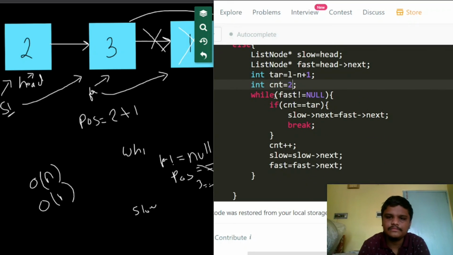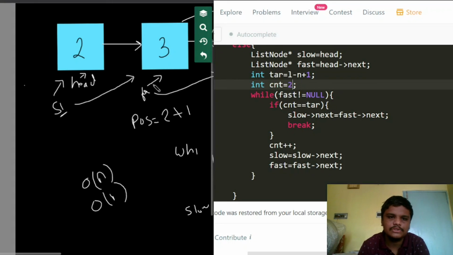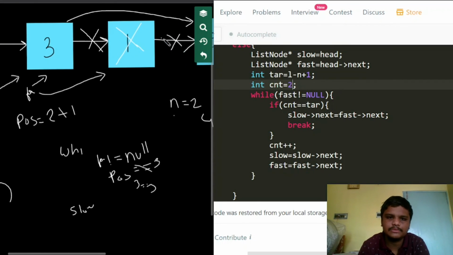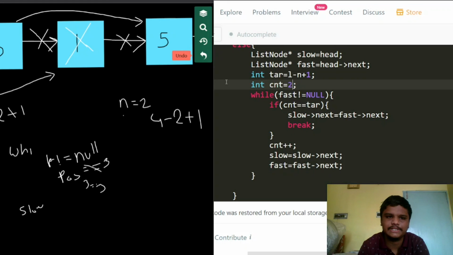Count tells me the node which I am going to delete. So if our count equals the target, all we need to do is make the slow pointer point to fast of next, that is this pointer's next, which is currently pointing to 5. After doing that, we write a break statement.